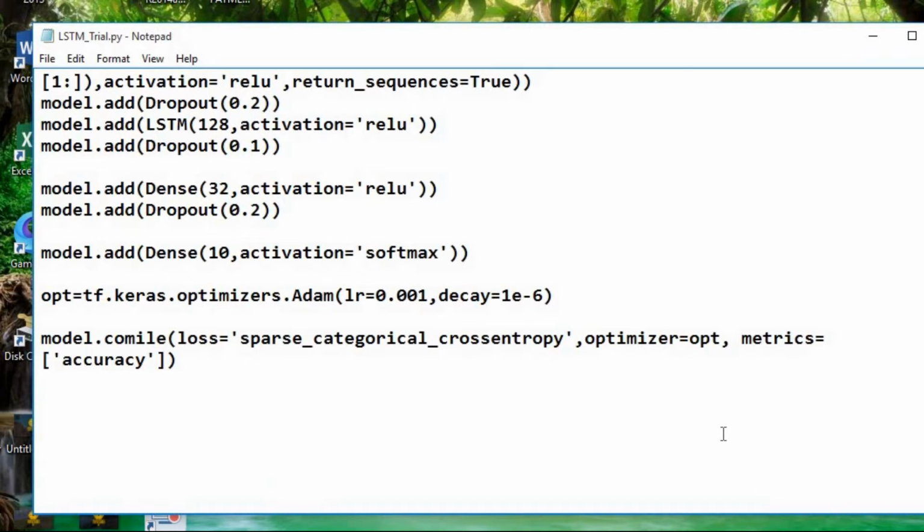First of all, let us print the model that we have configured using the model.summary command.